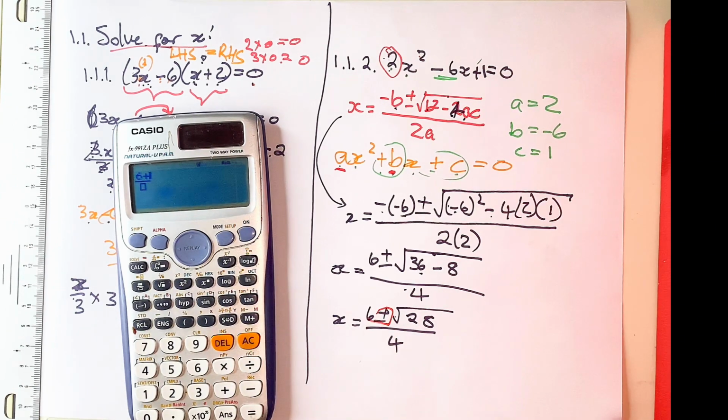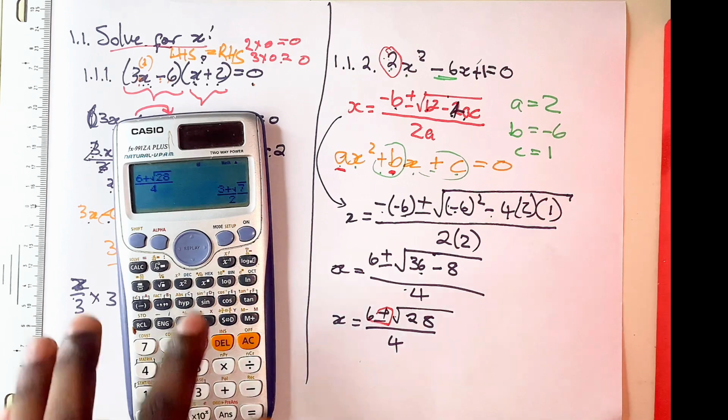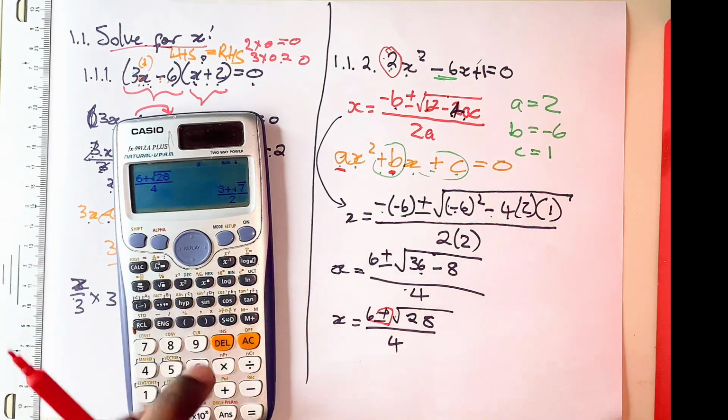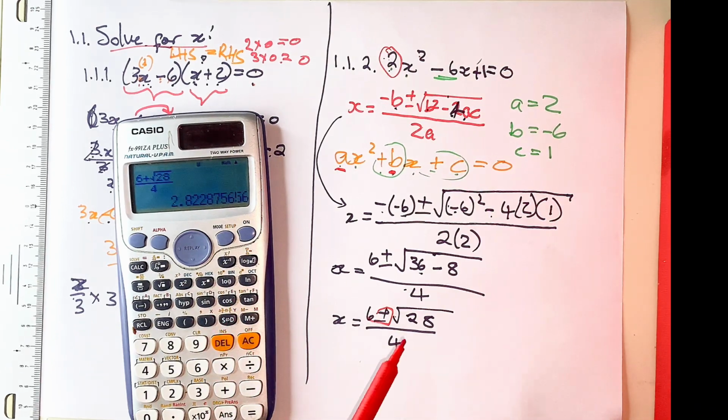So we're just going to start with a positive, the root of 28 over 4. You see it gives us a fraction there. We're just going to press this SD here. This SD in your calculator will give you the decimal places. So our x is equal to